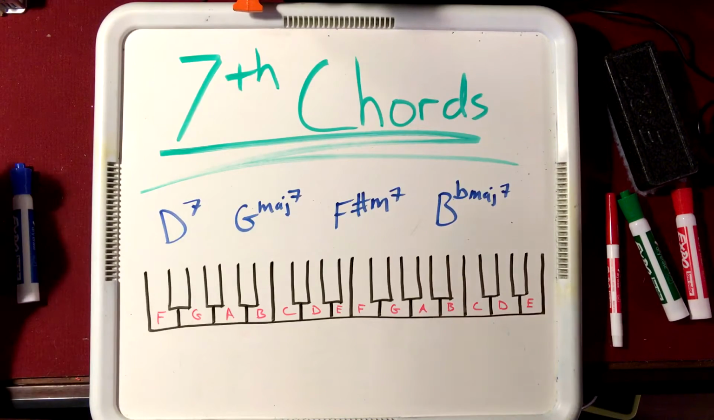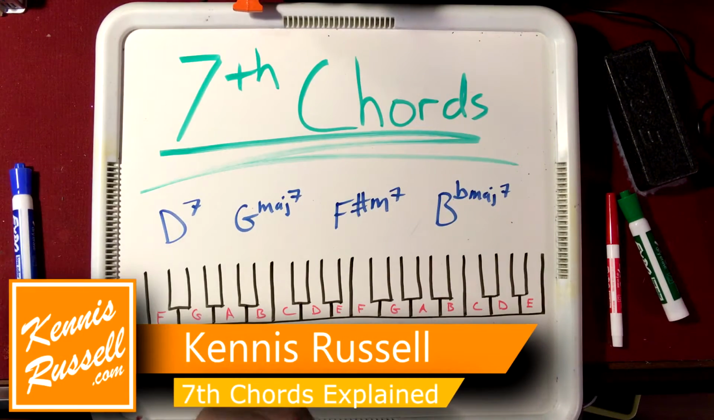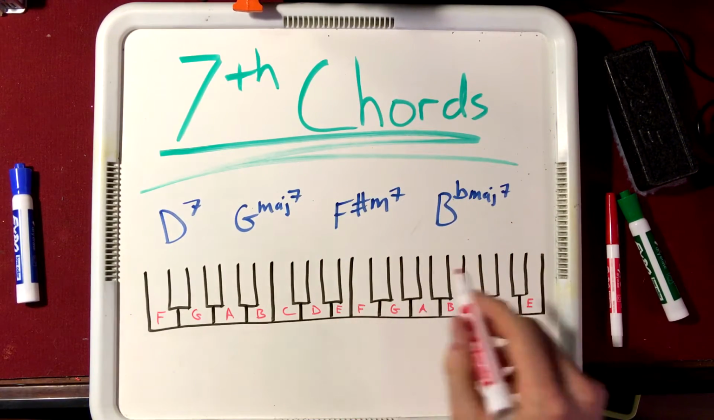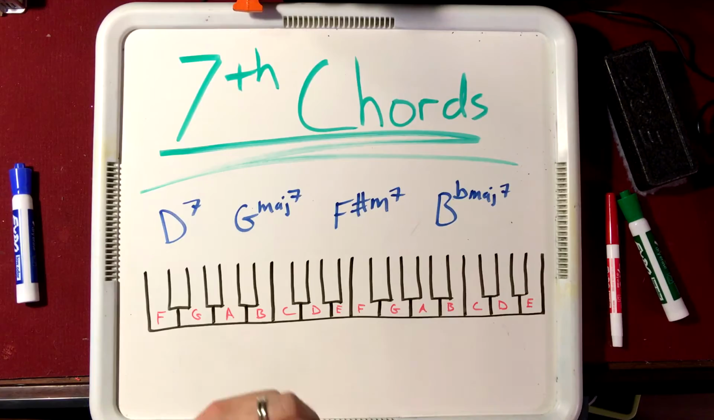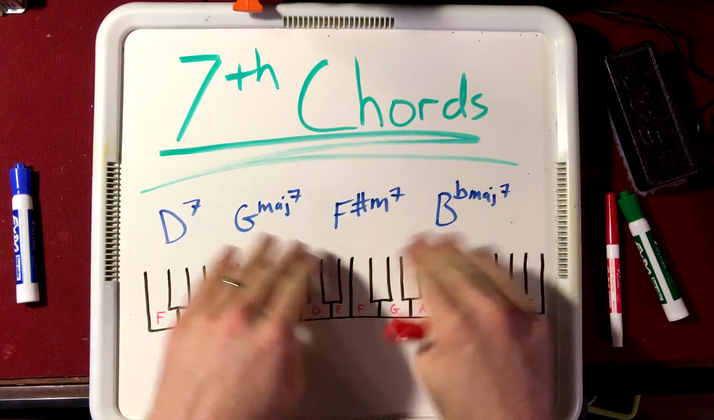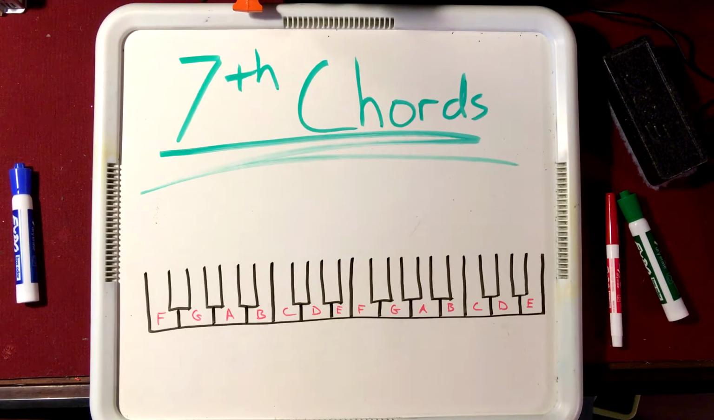Alright, so today we're talking about 7th chords. You see a couple examples here, like this D7 or G major 7, F sharp minor 7, B flat major 7. These are often confusing to people because they don't exactly understand what is trying to be communicated with these notations here. If you just see a C chord, all it's saying is that you need to play the